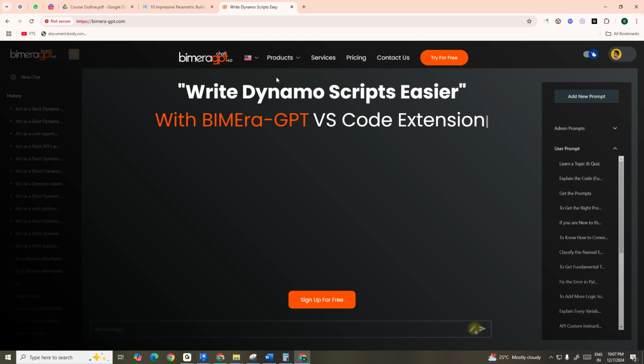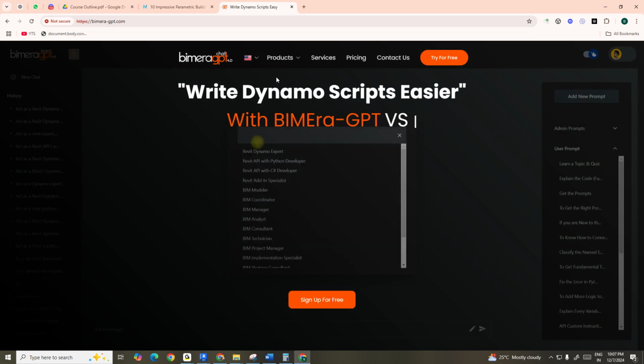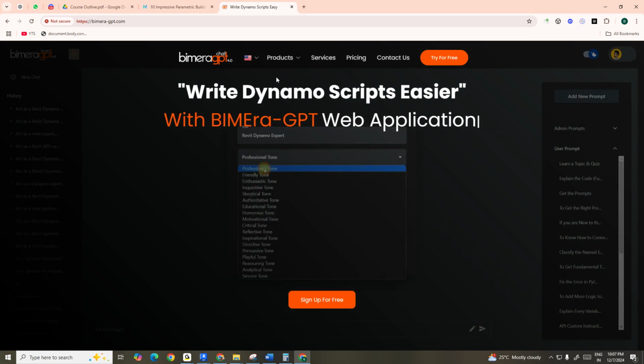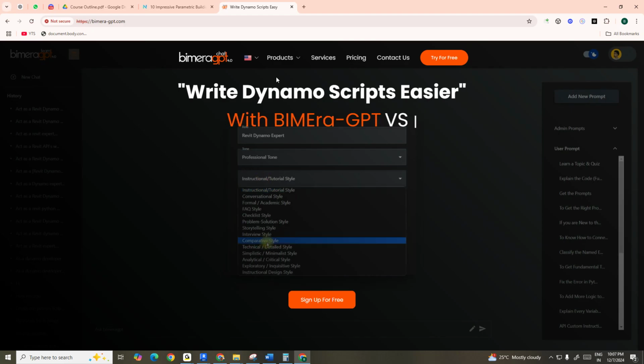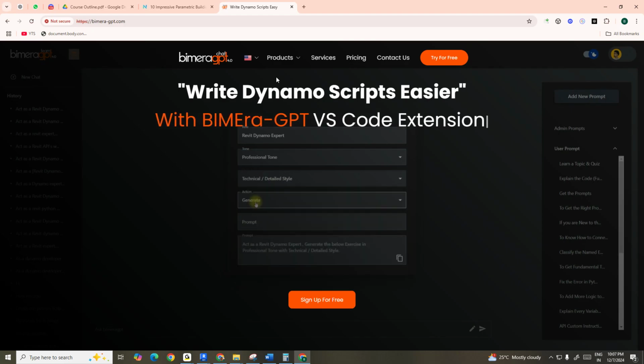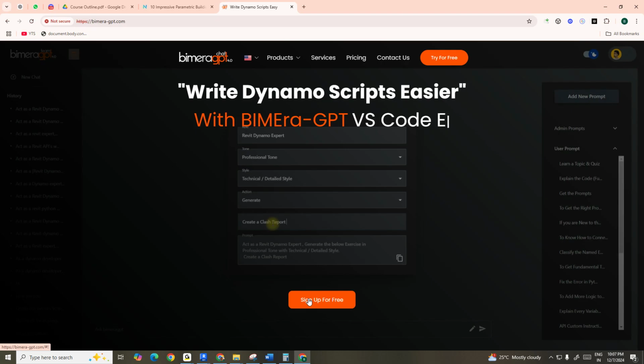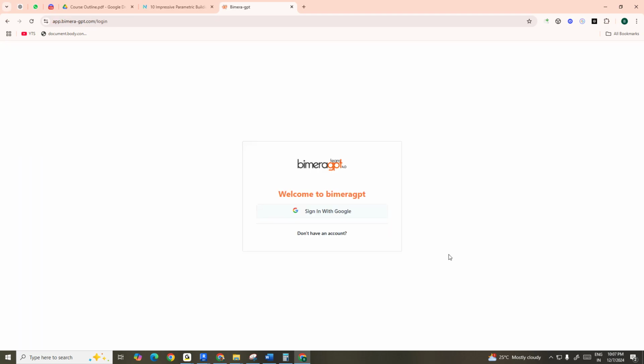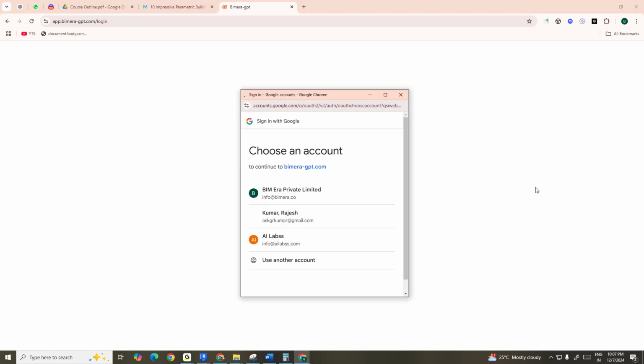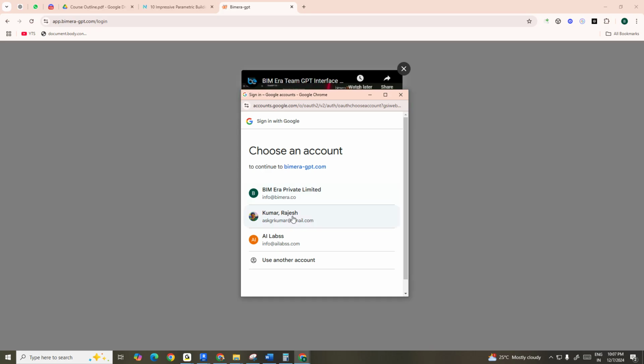Okay, so we have another business called SaaS development, software as a service. We purely implement artificial intelligence tools in most of the applications, like VS Code extensions and web applications. When you click on sign up free, or if you are already a user, sign in with Google, and you will see